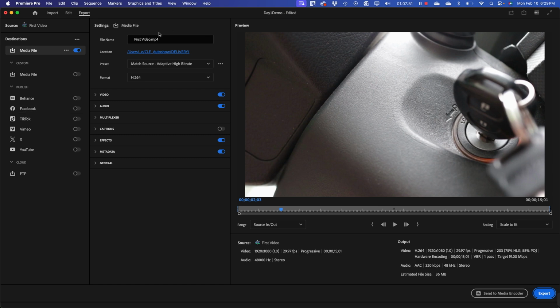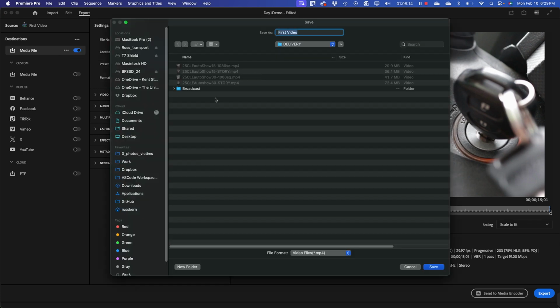So up here in our export menu, give it a file name. I'm just going to call it my first video. It's going to be an MP4. That's what it's going to render. Pick where you want it to go, this location. The blue type is actually a button. You click on it, you wait on it, and you find,